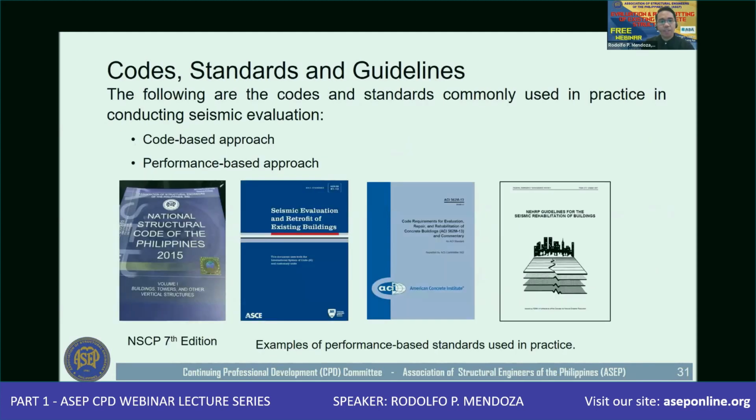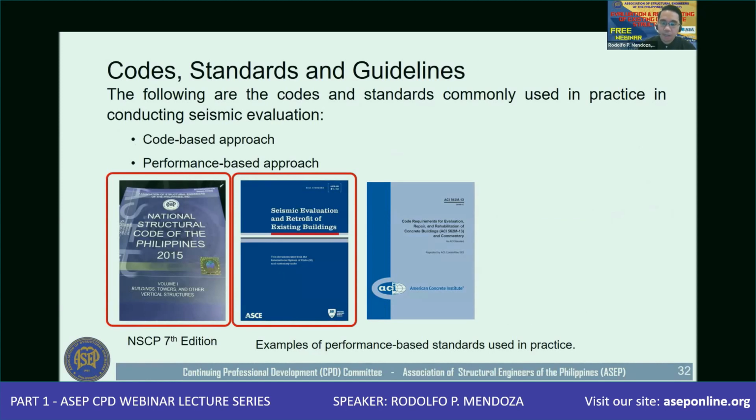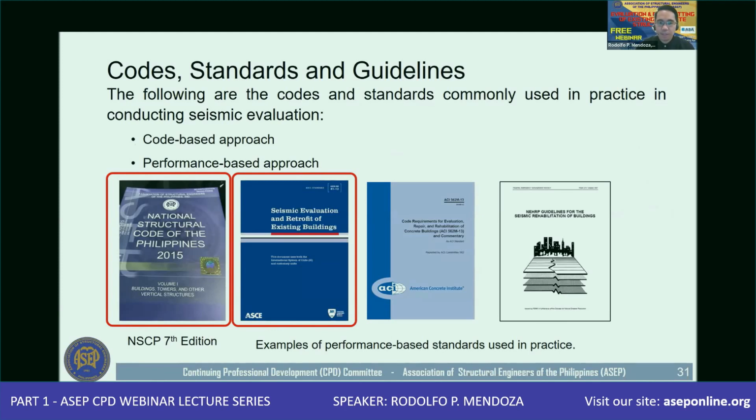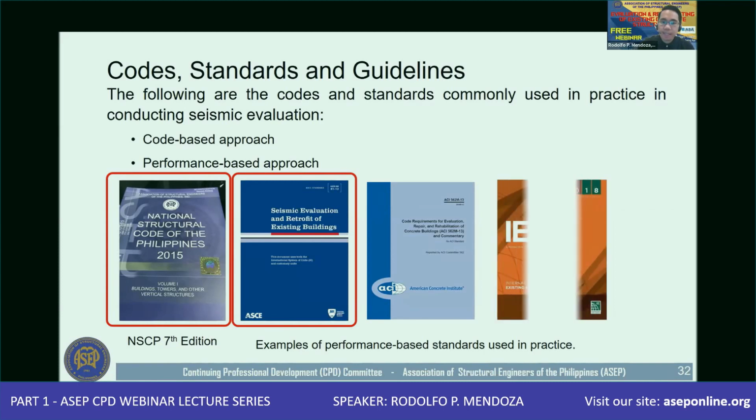Now, these are the standards and codes that we use in doing seismic evaluation. Again, it can be a code-based approach, it can be a performance-based approach. In the code-based, we normally use the NSCP, and in performance-based evaluation, we normally use the ASCE 41. There are other references available in the literature, such as the ACI 562, and some old references, such as the FEMA 273. But what I would like to introduce today is the use of what we call the International